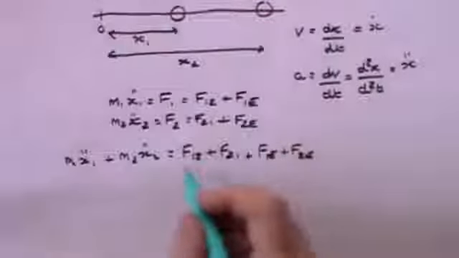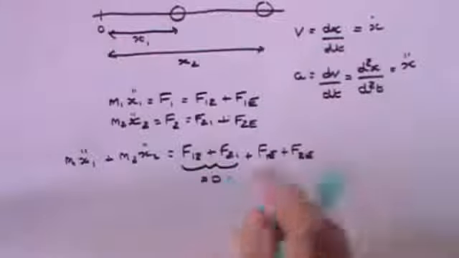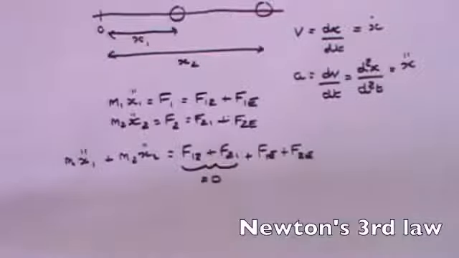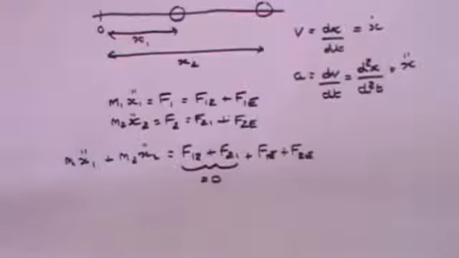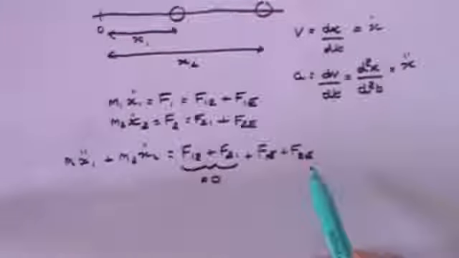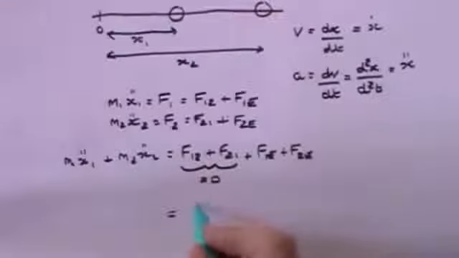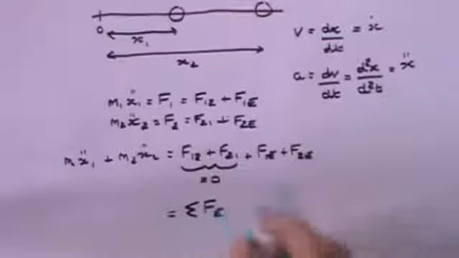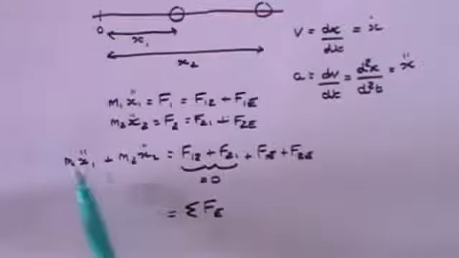And the reason I did that is because these 2 cancel out, they equal 0. The force on one by the other is equal to the opposite of the force by the other on the one. That's Newton's third law. To every action there's an equal and opposite reaction. The force by 1 on 2 is equal to minus the force by 2 on 1. And what is left is now just the sum of the external forces, which we can write as sigma external forces. So all the external forces added together are the force that creates this mass times acceleration term on